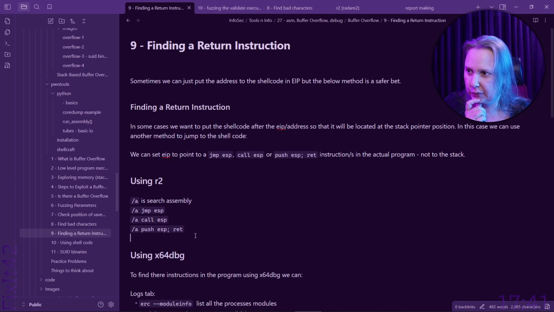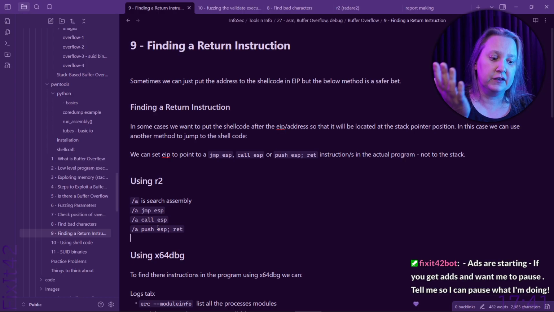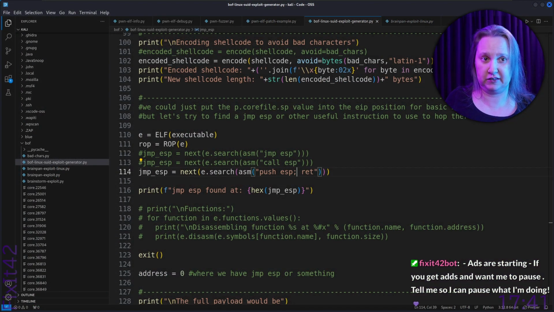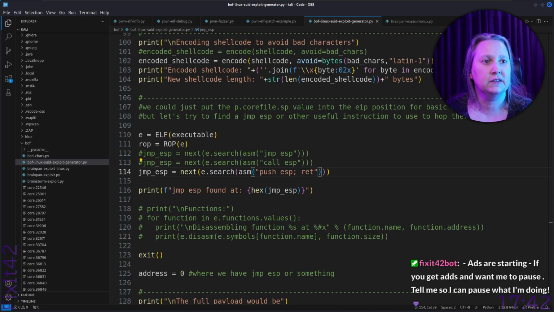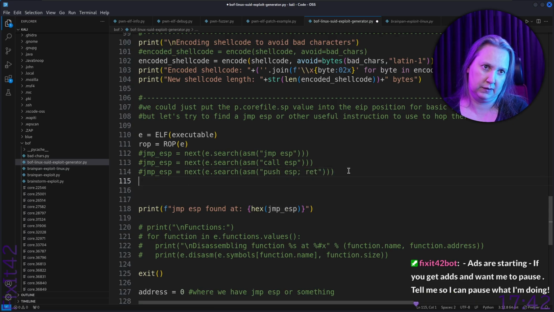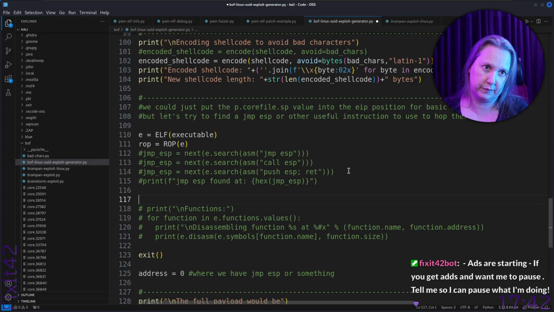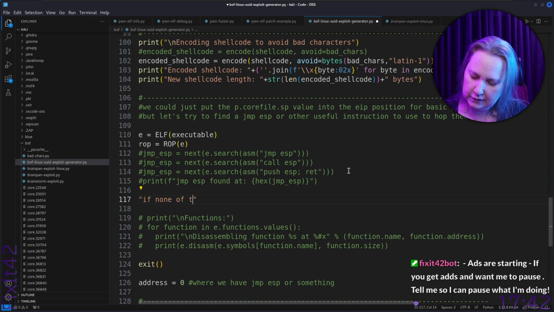And with R2, we can do this. Let's do these in R2 and see if R2 can't find it, it doesn't exist. And if these all crash, if none of these